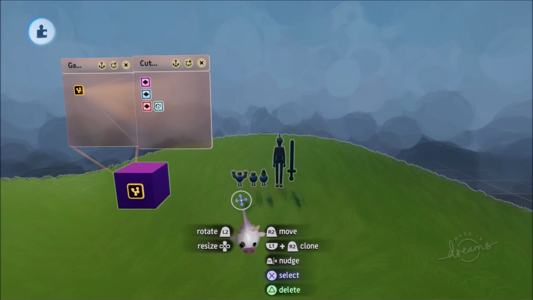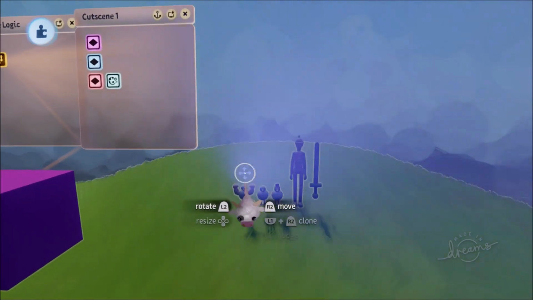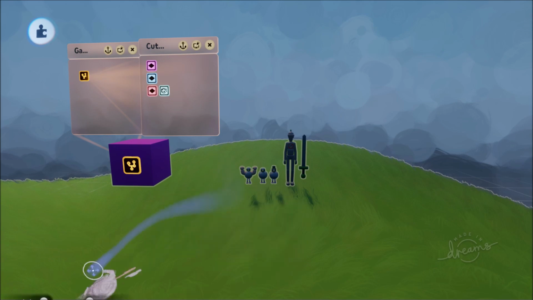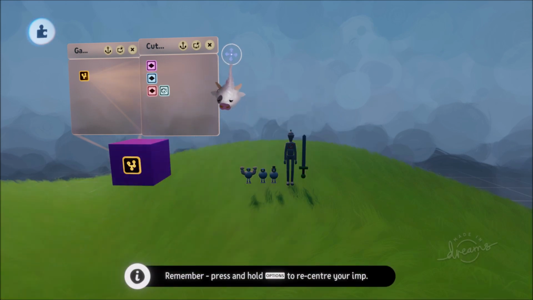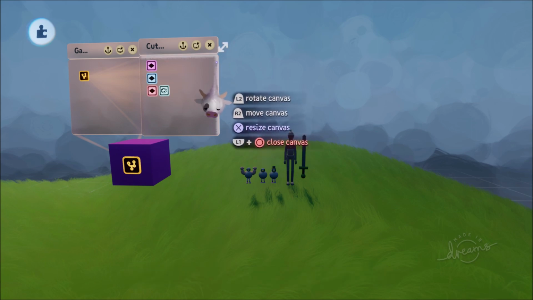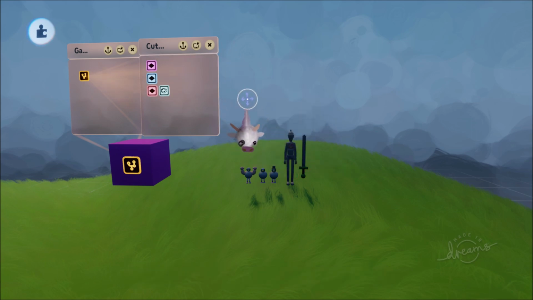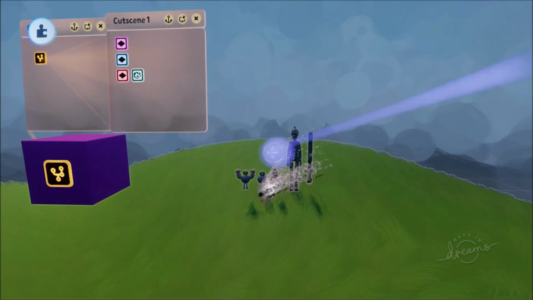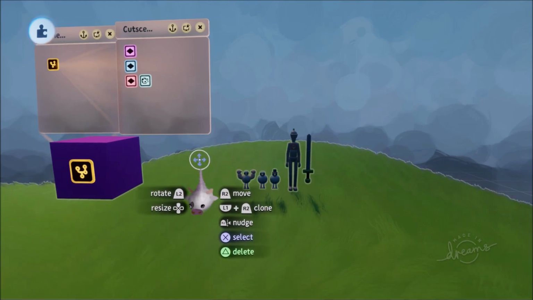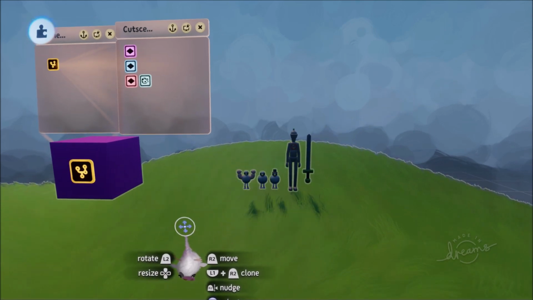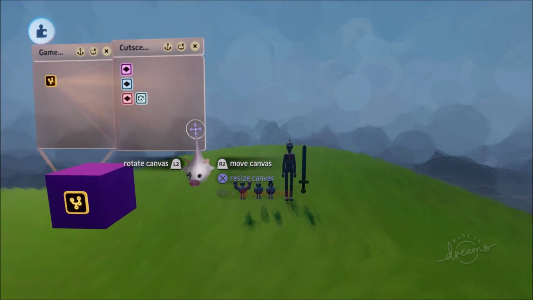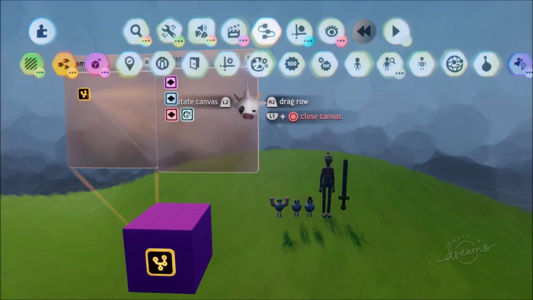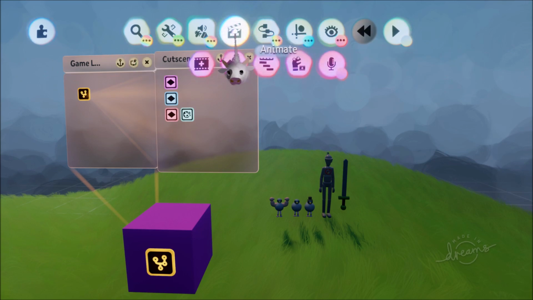So it might be useful when you're making a cutscene to create a bit of a storyboard. With a storyboard, you can have lots of fun in terms of figuring out, okay, I'm going to have this shot and the character's going to be here, then I'm going to have this shot and the camera's going to be there, and really just experiment with all those sorts of things. So I've done a little bit of a storyboard, nothing crazy, just something simple so I know which shot comes next. So what I'm going to do is I'm going to get myself into animate,